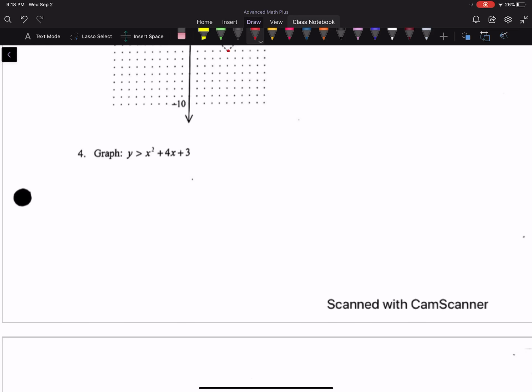Number 4, you have to graph. I don't mind if you use your graphing calculator to help you do this. I don't happen to have one with me, so I have to do it the long way. And you need to know how to do it the long way anyway as well. So just make me an XY plane, make you a table, and the first X that you're going to plug in, you're going to have to find